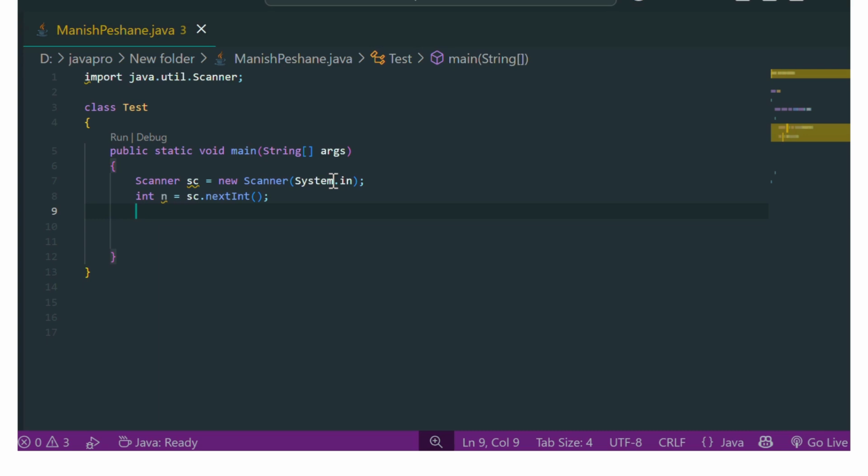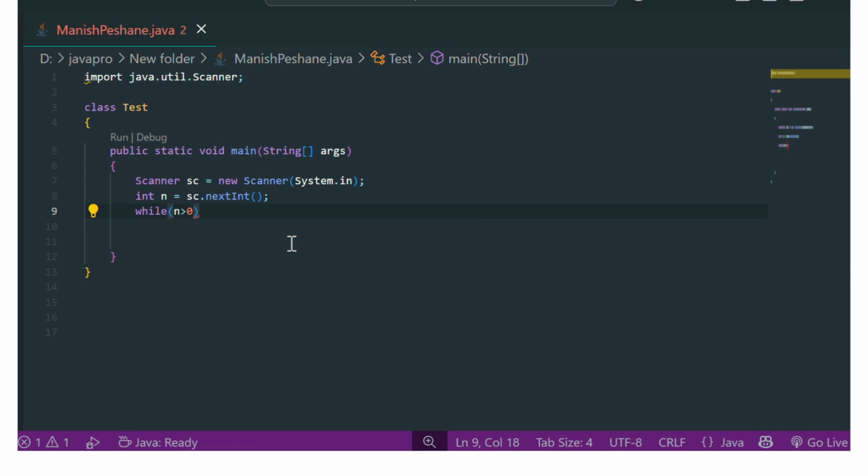Okay, after that we need to create one while loop, because I don't know the number of iterations. If we don't know the number of iterations, then a while loop is recommended. We will create one while loop here, and we write one condition, n greater than 0.